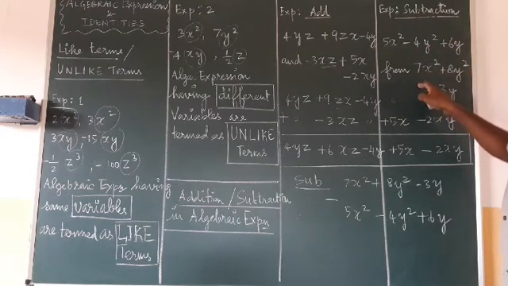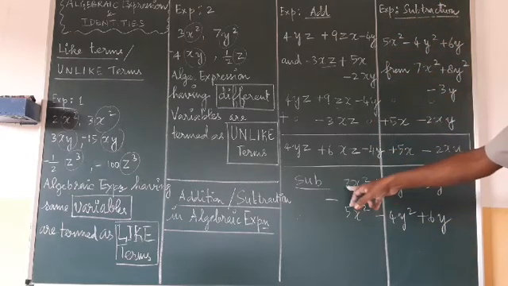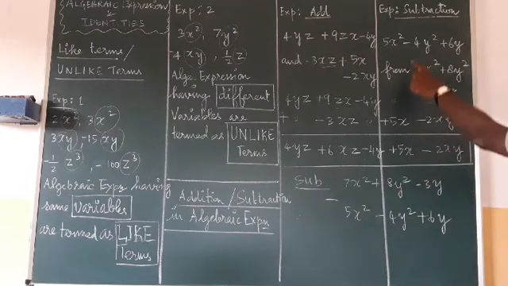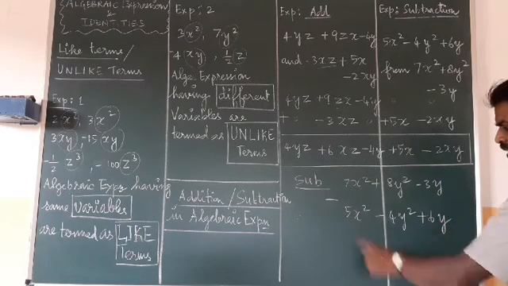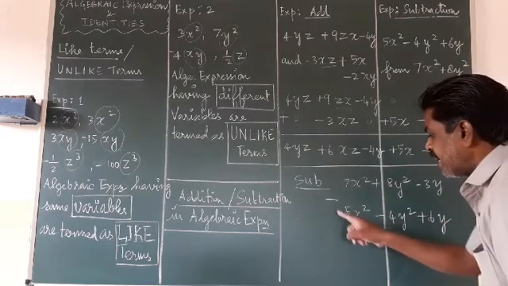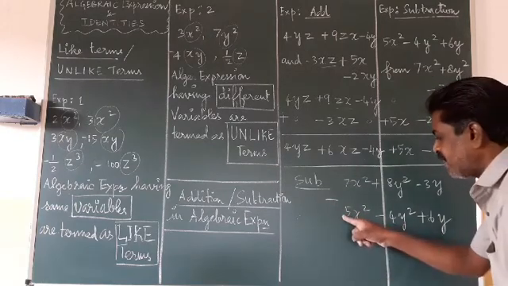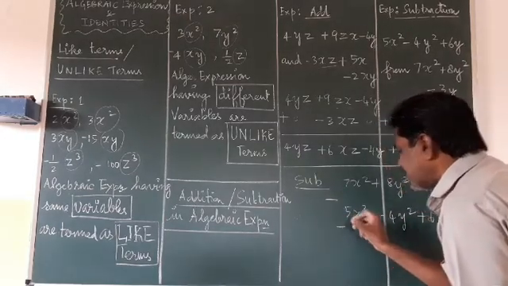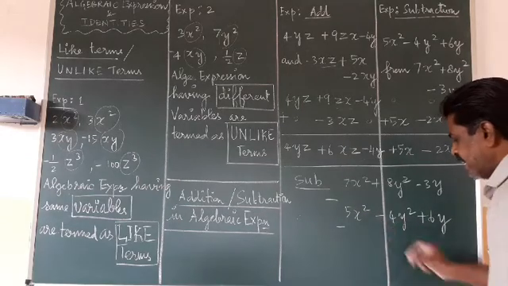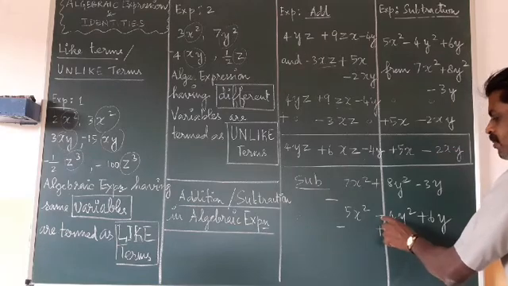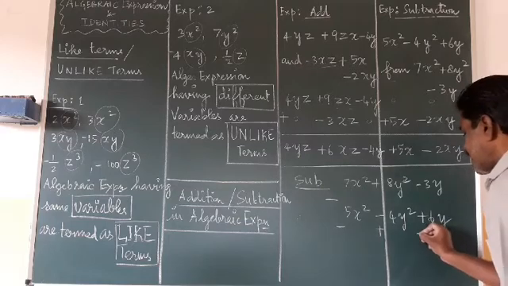Subtraction: 5x square minus 4y square plus 6y. From this one you have to subtract. If it is given "from", it means from the second expression you have to minus the first expression. So the second expression as it is I have written. The first expression under the same like term I have written: y square, x square, y. Then I am putting the minus sign. Then you have to convert the sign. If you are minusing, this sign will change. This is plus 5, this will become minus 5. Minus into plus is minus, minus into minus becomes plus. Positive will become negative, negative will become positive. Here also positive, this will become negative.